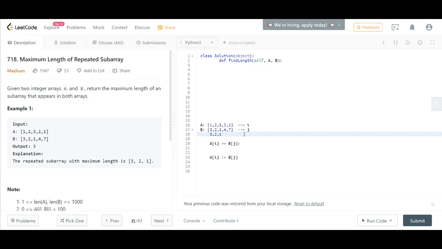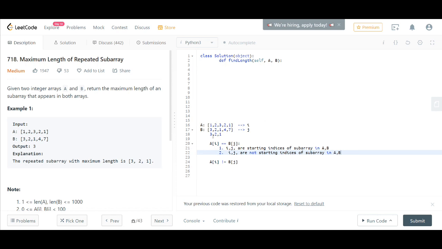We are going to store this length of subarray in some 2D matrix that I'll be showing you in a while. When we are comparing these two values, one value from A and one value from B, there might be two cases: A of I is equal to B of J, or A of I is not equal to B of J. If we go into the first case, there again arise two more cases: I and J are starting indices of a subarray in A and B, or I and J are not starting indices of a subarray in A and B.